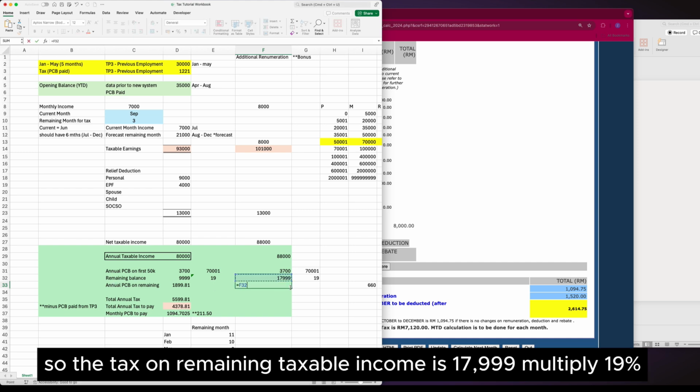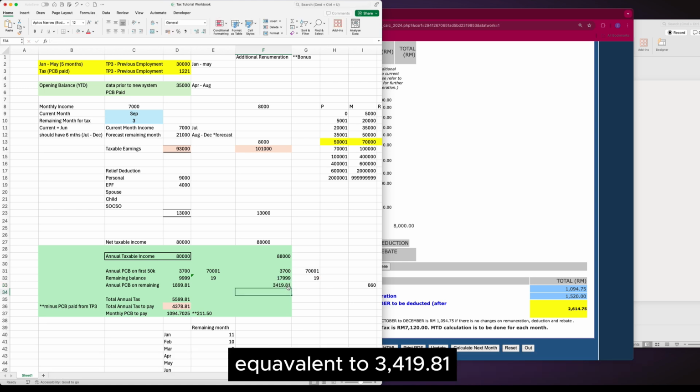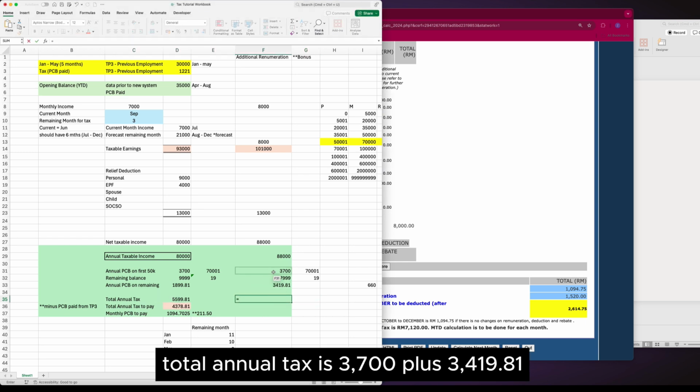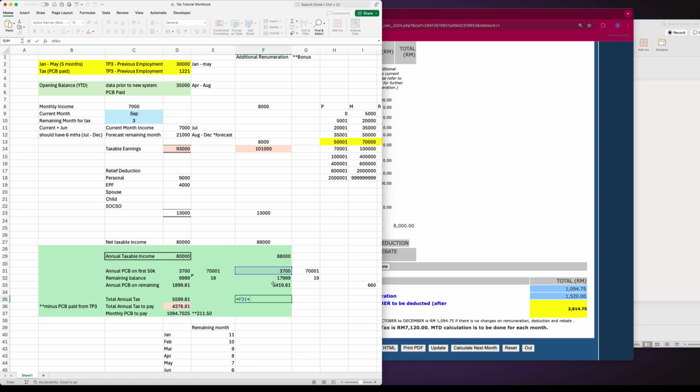So the tax on the remaining taxable income is 17,999 multiplied by 19%, equivalent to 3,419.81. Total annual tax is 3,700 plus 3,419.81. It comes to